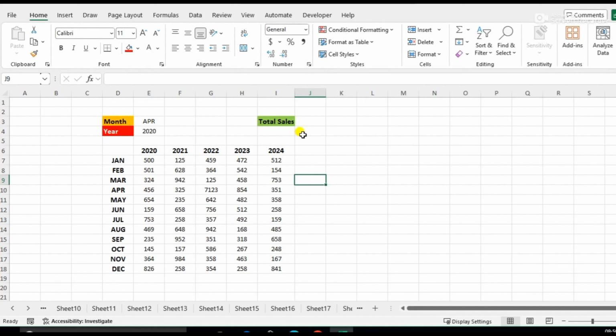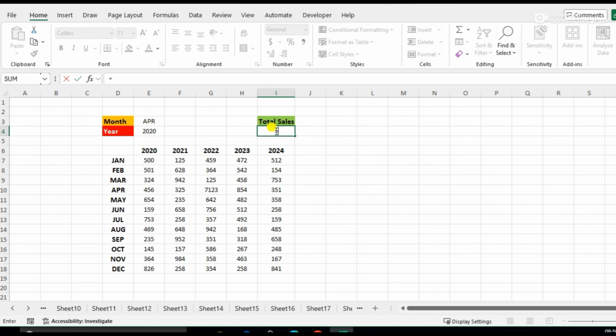In this video, I will teach you about two-way lookup in Excel. Here we can see that there is some data about cells. So first we can select this cell, and here we can use a formula: equal, INDEX,